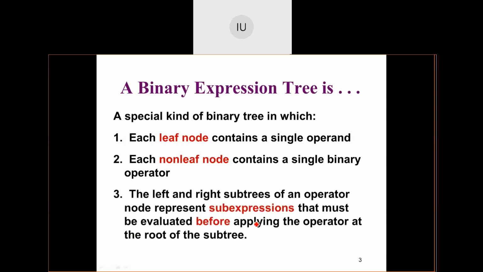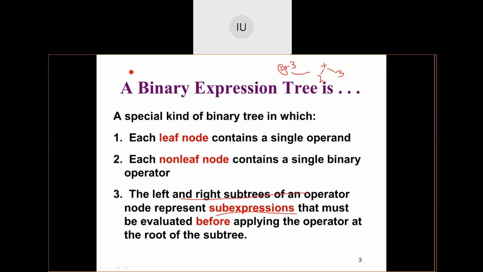Now, when I speak of the construction of this binary expression tree, it holds like this. The left and the right subtrees of an operator represent sub-expressions. It means when I write 2 plus 3, how can I construct the expression tree for this? Plus, I will always put as the root. 2 becomes the left child, because being the left operand, it becomes left. And 3 being the right operand becomes the right child. This is how I construct.